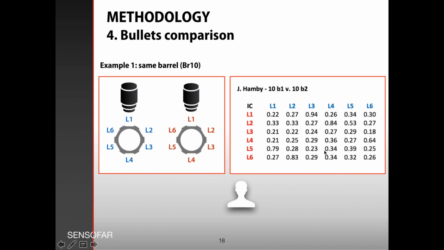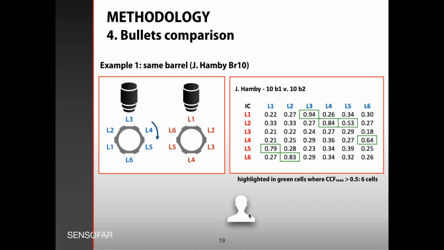The result is this matrix in which we get up to 36 different values of IC comparison between 0 and 1. What we will do first is to try to analyze this manually, and what we do is to try to highlight the high values. And now we have just, with the green square, highlighted the values that are above 0.5, and here we see that there is some agreement in here. And also we see that there is a sequence or phase between the agreements, and this is what has to be, because, for example, we see that